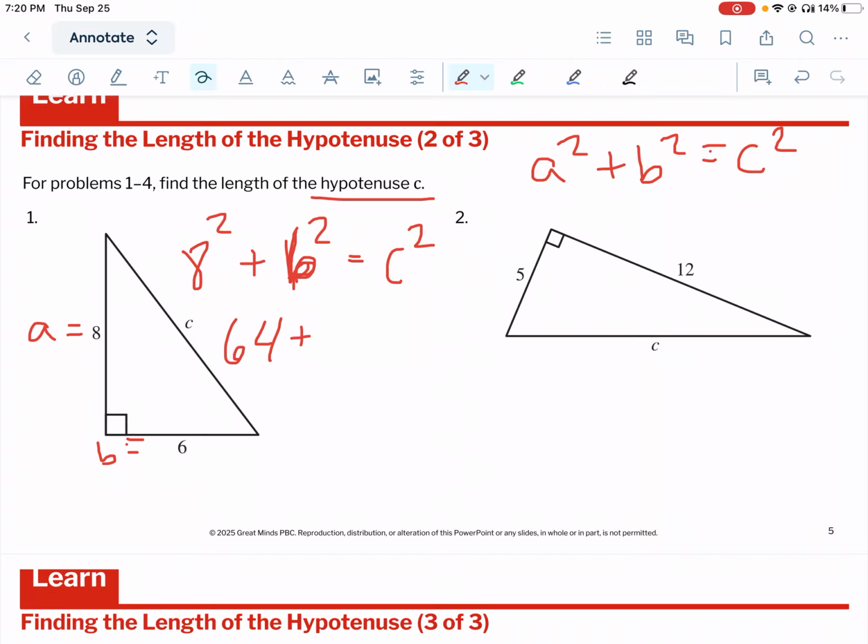6 times 6 is 36. 64 plus 36 is 100, equals c squared. And I can actually break this down further, but I'm going to hold off on it for right now. Number 2,